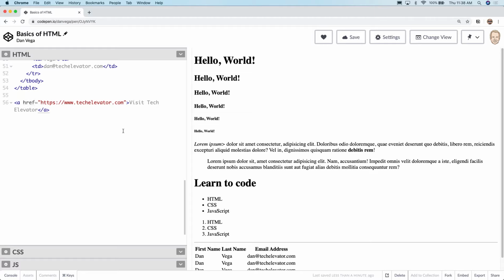So another thing we can do, another attribute that an A tag has,